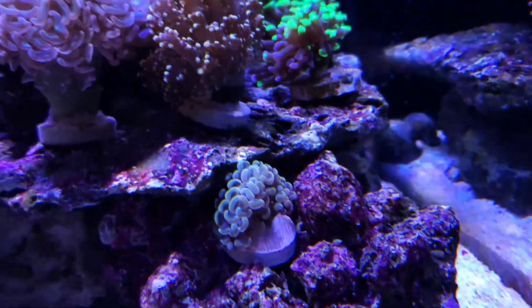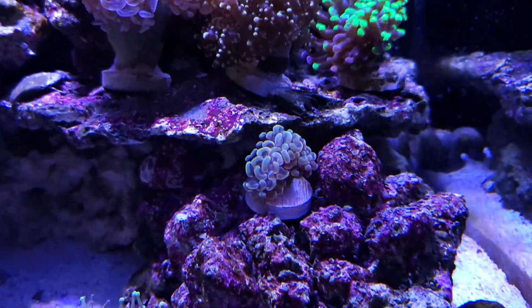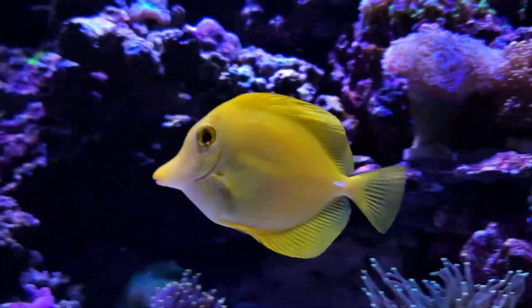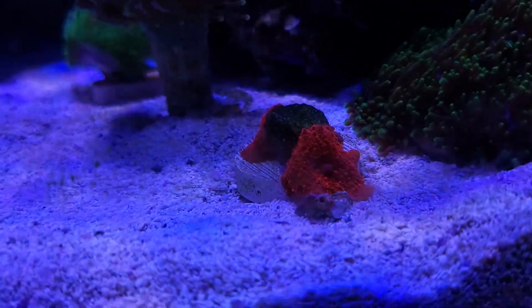And then I probably forgot this one in the last video, but this is my gold hammer. I think it's a branching type. And then we have the yellow tang. What a beautiful fish. Then down here we have the wild caught